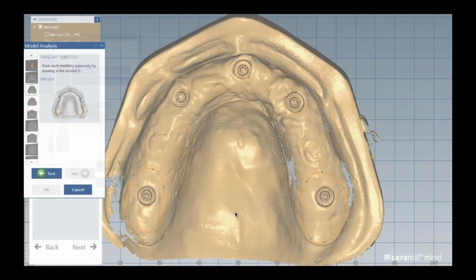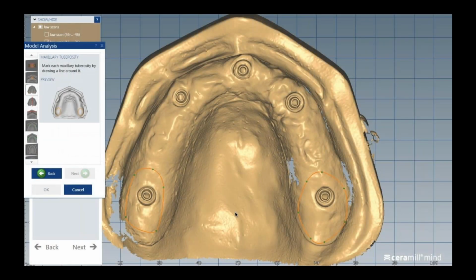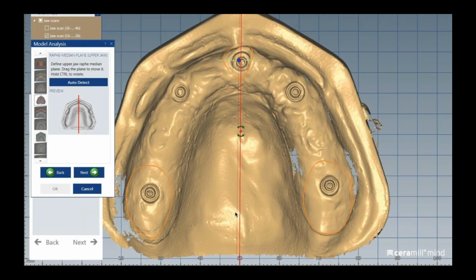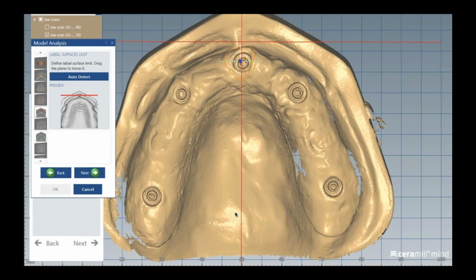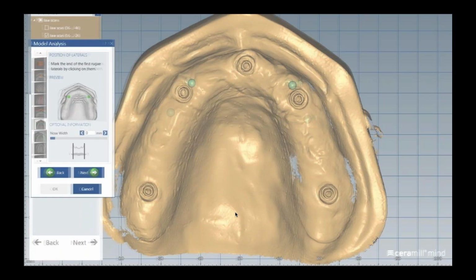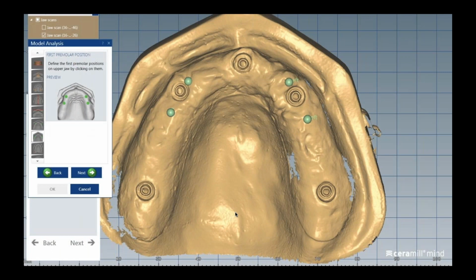I can move that if I have to. I then have to mark, you see here the maxillary tuberosity on both sides, just to give the computer the idea where all landmarks are, what we need for a good setup. Incisal papilla has to get marked, the midline has to get marked, labial surface limit has to get marked for the labial, position of the lateral should be marked, first premolar position,